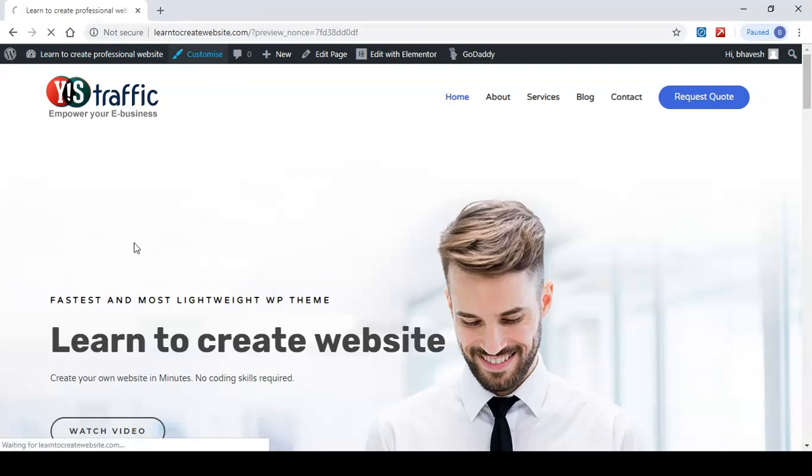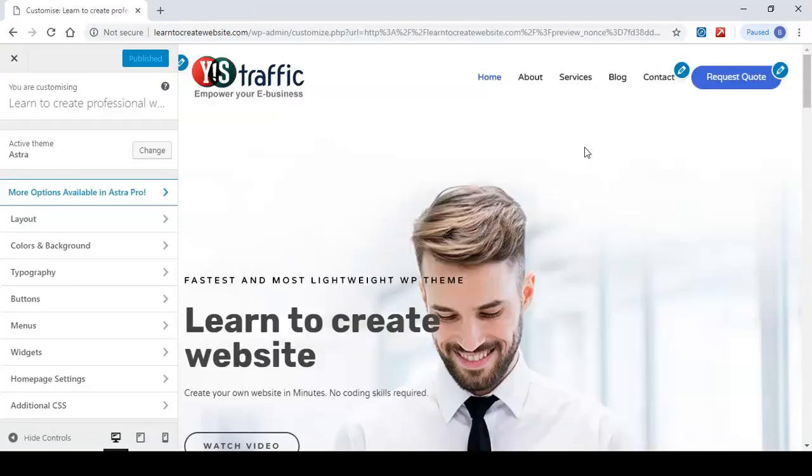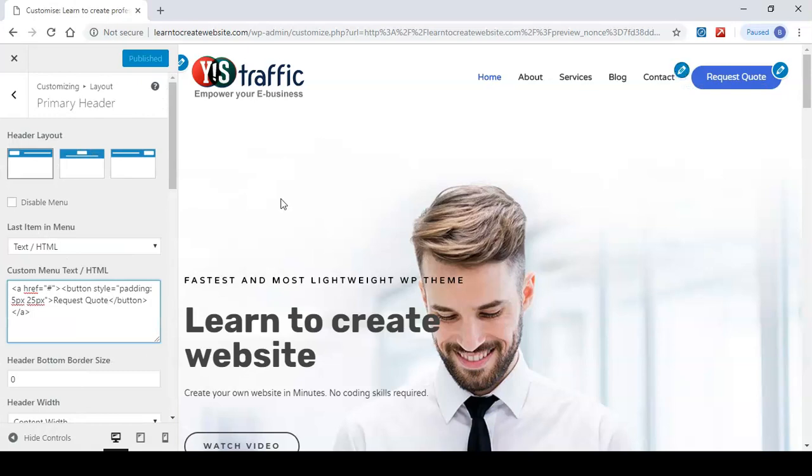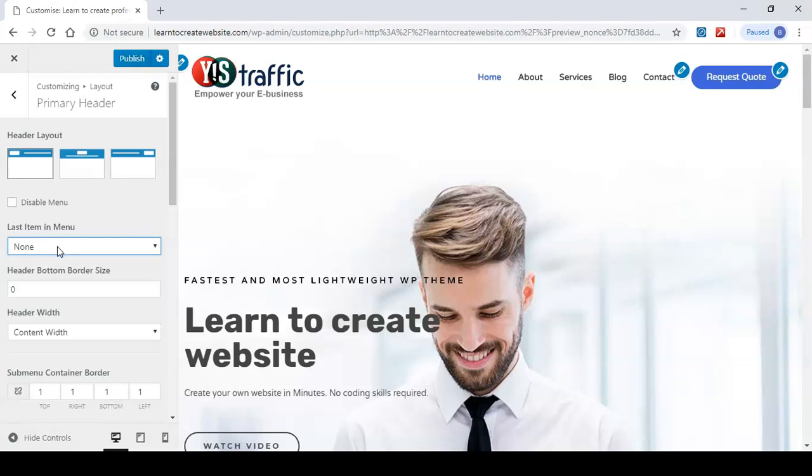Go to customize. Let me click on this edit button for contact. The last item in menu, which is request code. Suppose if we don't need it, then select none from this drop down.